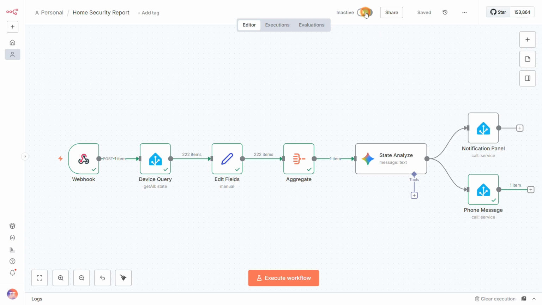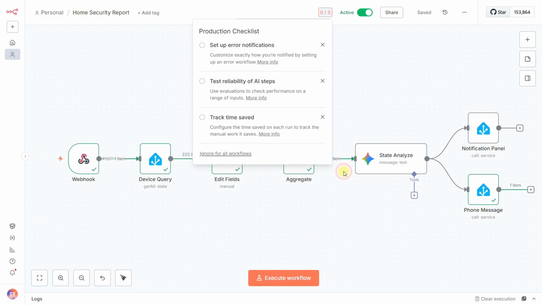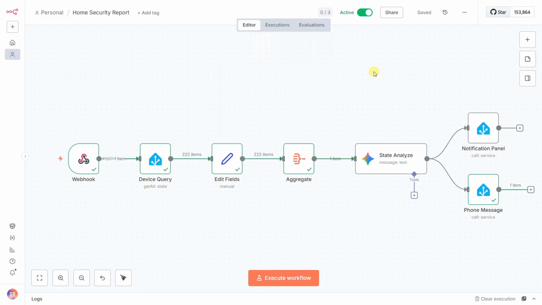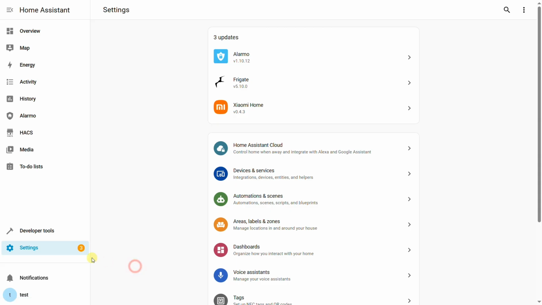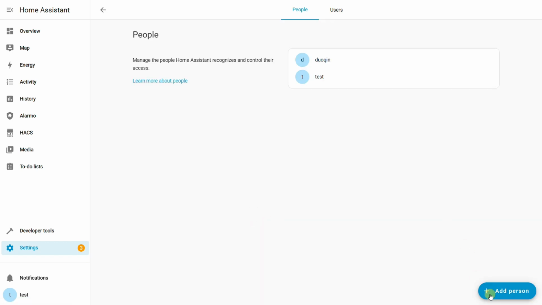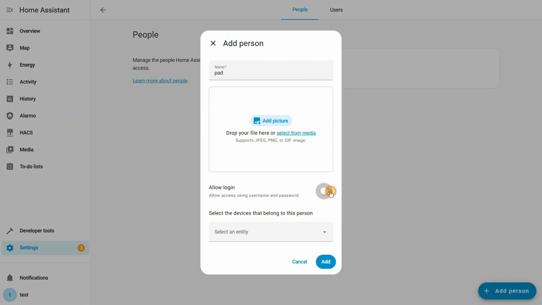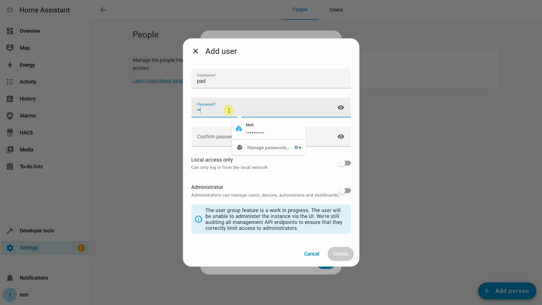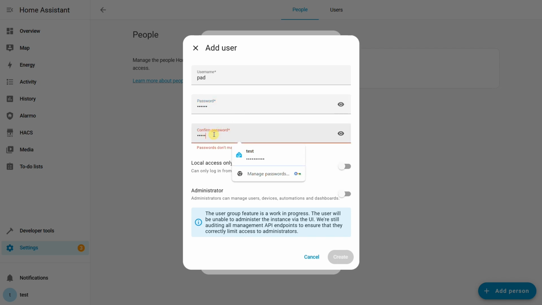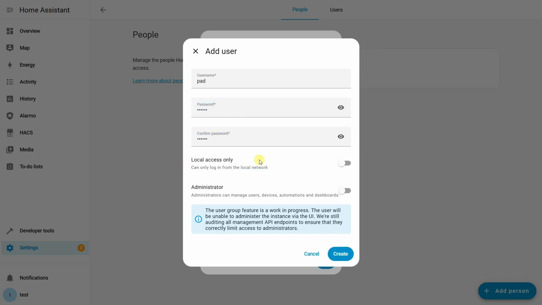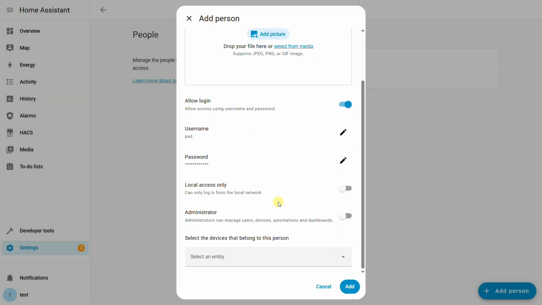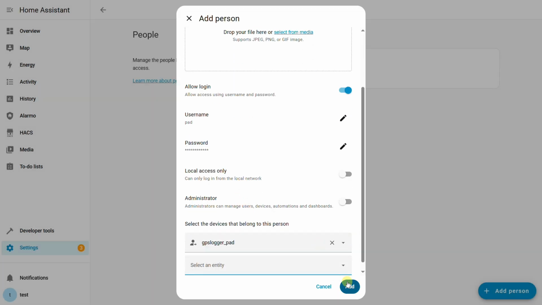Okay, our N8N workflow is built, it's activated, and it's waiting. But how do we actually call it from Home Assistant? This requires a few final setup steps back in Home Assistant. First, Home Assistant needs to know who we are and when we're home. So in Settings, People, you need to create a person for each member of your household and link them to a device tracker like their phone.